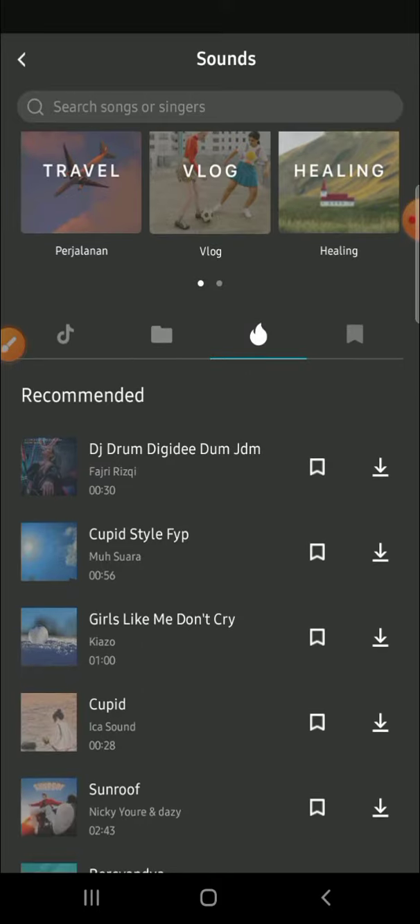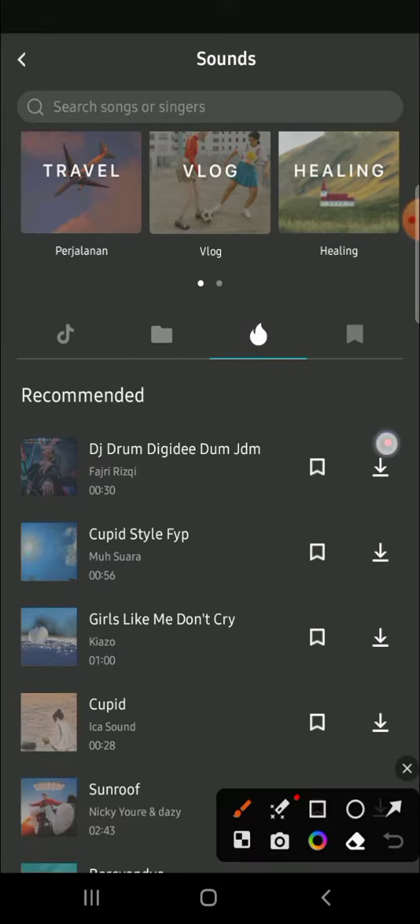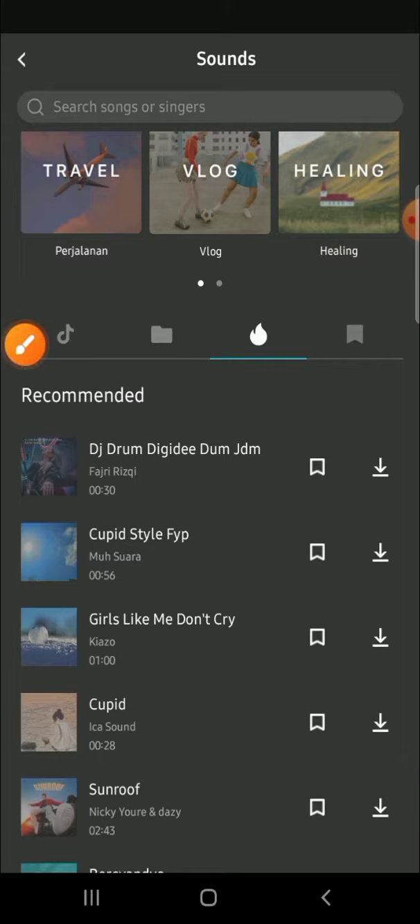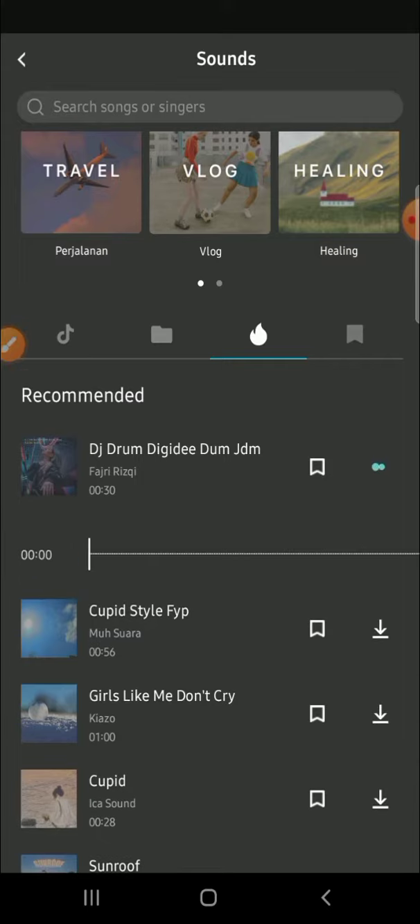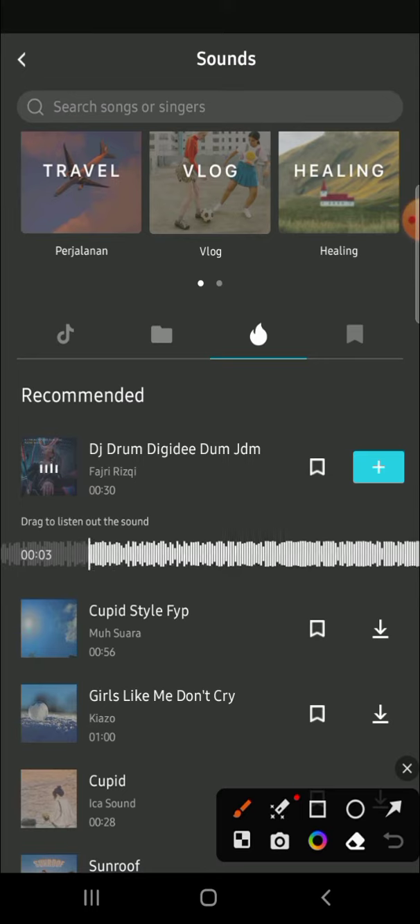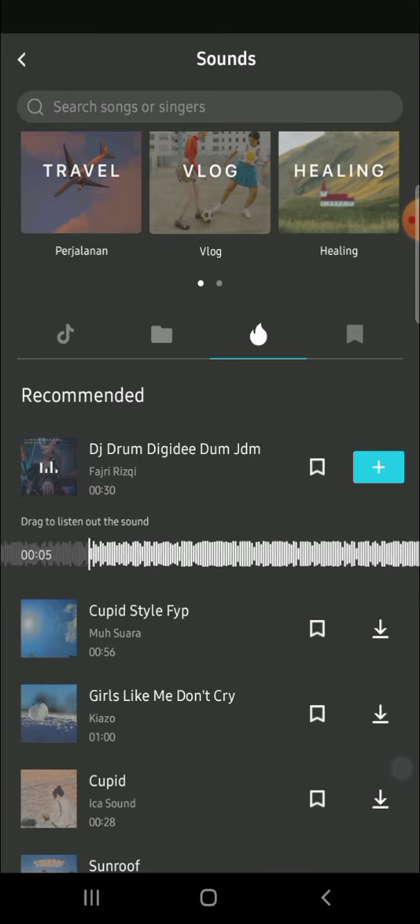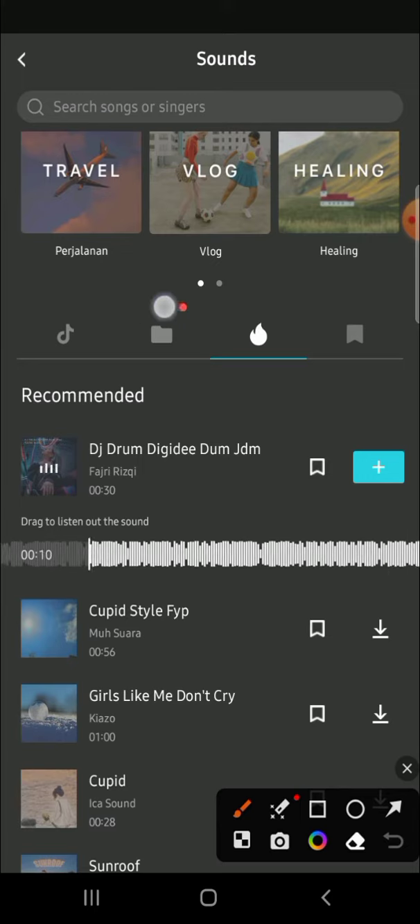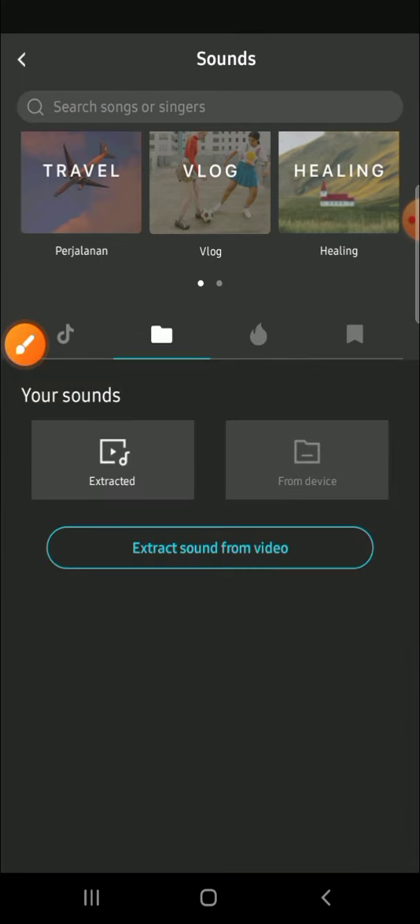And don't forget to download the music first by clicking on the download option right here. I'm just going to add this one. And wait for a moment, it's still downloading, guys. Alright, and after the music has been downloaded, we can click on this plus button to add this music to our video. But if we want to add from our device, we can simply click on this button like this